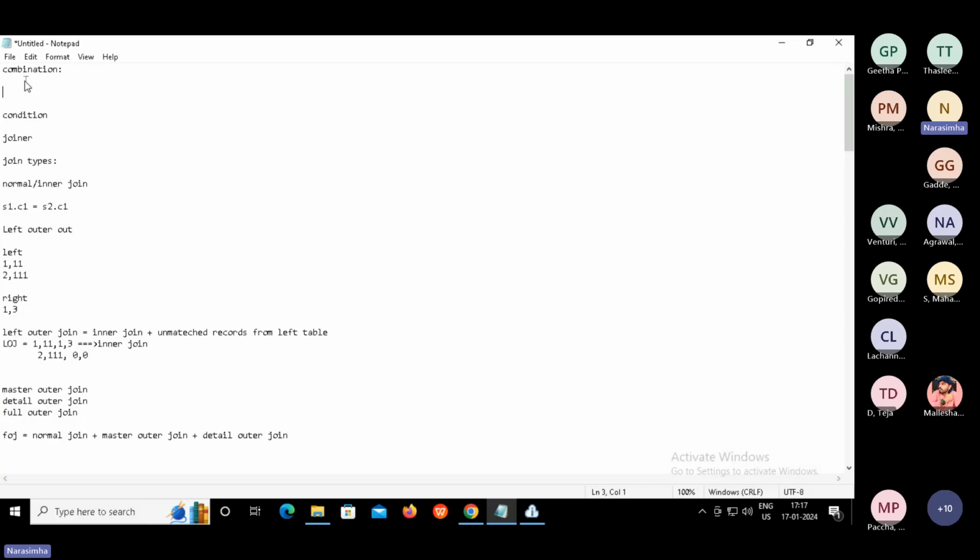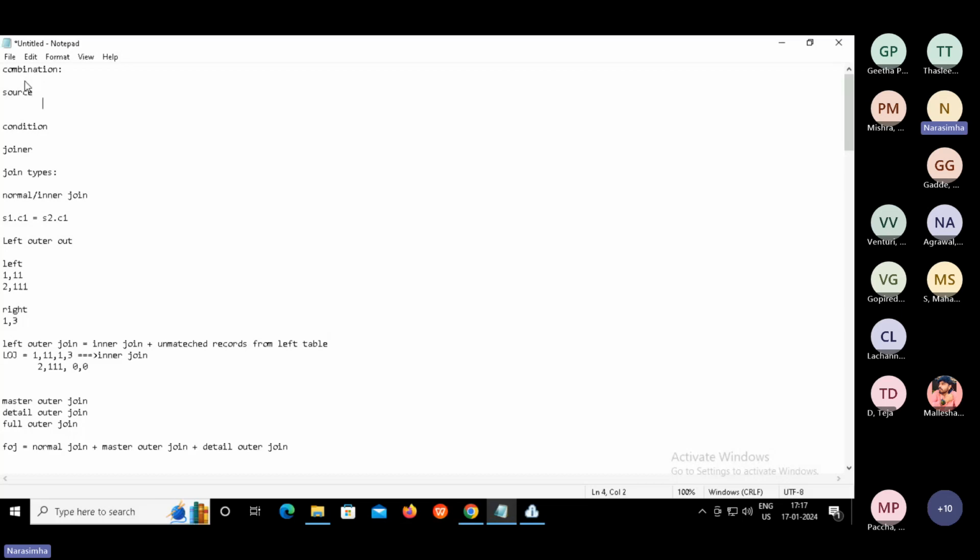For example, let's say there is a source data, and this source data should be compared against business data, or we can also call it reference data, or secondary data, or lookup data. There are synonyms, guys, so no need to get confused.